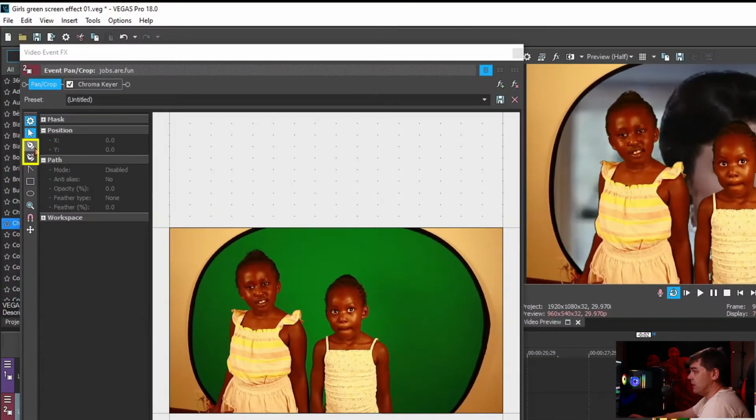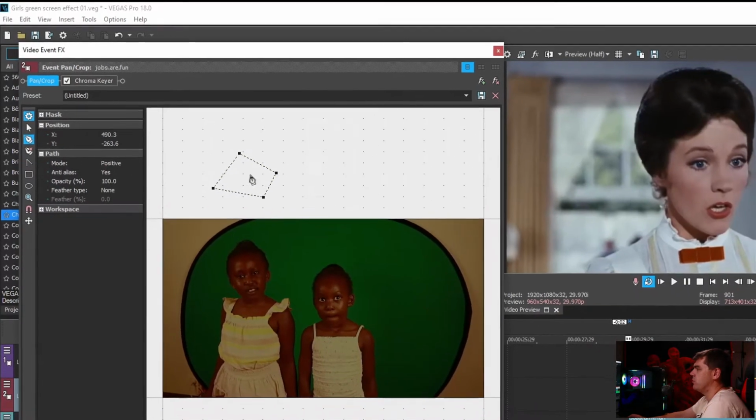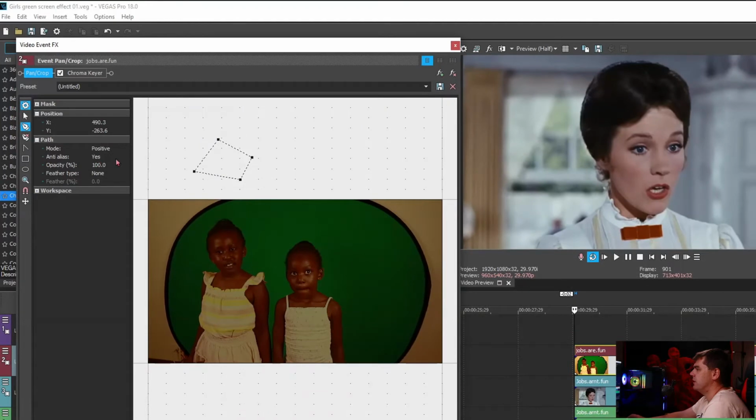Now these two tools here are the dot points you're going to introduce to trace an outline around what you want to keep and what you want to get rid of. And this is to add the dot points. So if I click on this one and do something really quick, I've made a square, and I've chosen positive, which means I want to use what's inside the square. Now what I want to use inside the square isn't part of the video file, so that means you've pretty much said I wish to use nothing here, and none of the girl's green layer has been used, and Mary Poppins underneath has appeared. If I drag this down, grabbing the pointer,